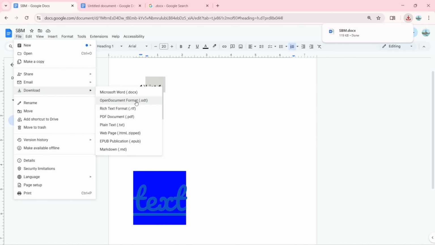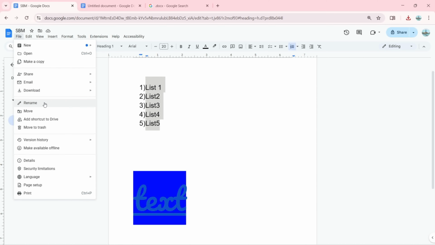You can download that in this format, which is .odt, .rtf, .pdf, .txt, and .html, which is zipped, and this .epub. And if I want to rename this document, just click here to rename this document, and I can move